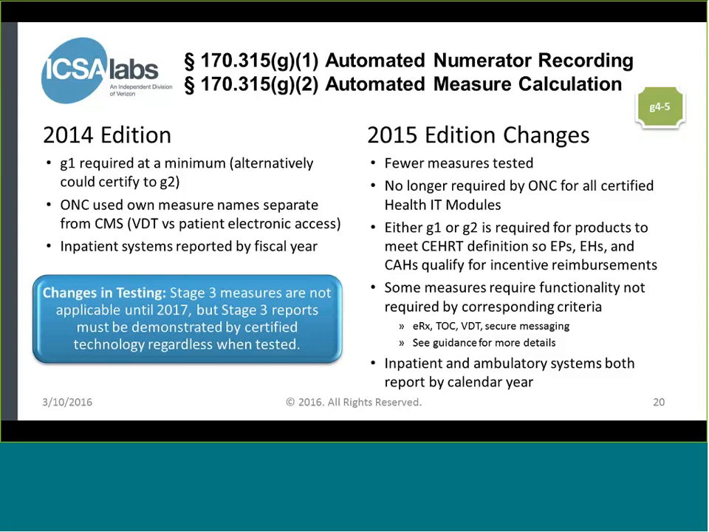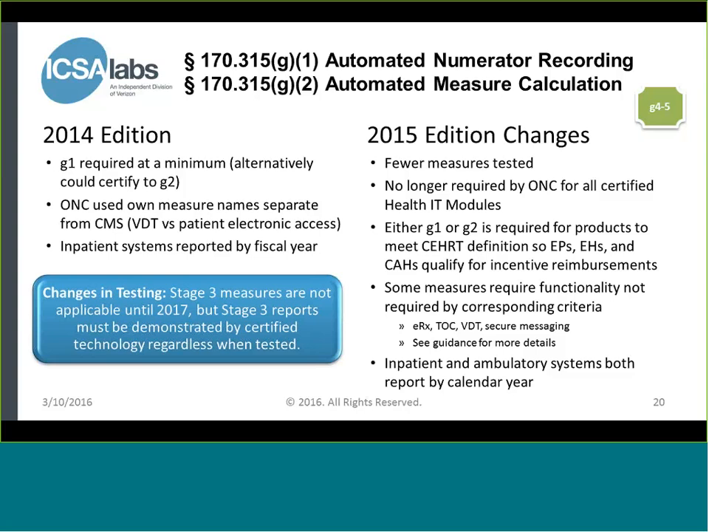Let's see here. So another area that's really important to talk about here with these criteria is something we only saw a little bit of in 2014, and we're seeing more of it here in 2015, which is that some of the measures require functionality that is not required by the corresponding criteria. And there are four that we're aware of at this time: e-prescribing, transitions of care, view, download, transmit, and secure messaging. The details are very nuanced, so in the guidance materials that we're producing, we go through and we explain what those differences are. I don't have time to go into all of them here today, but just to give you one example,